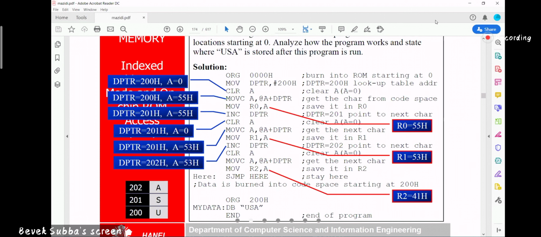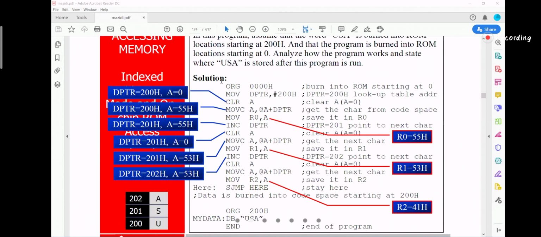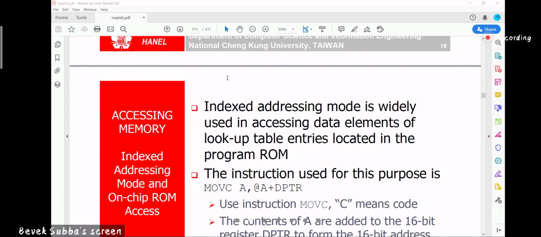Please have a look at slide number 174. It's a different way to do your serial communication. It's the same thing: serial communication, same string. It deals with a string of letters. Okay, I think this is it.